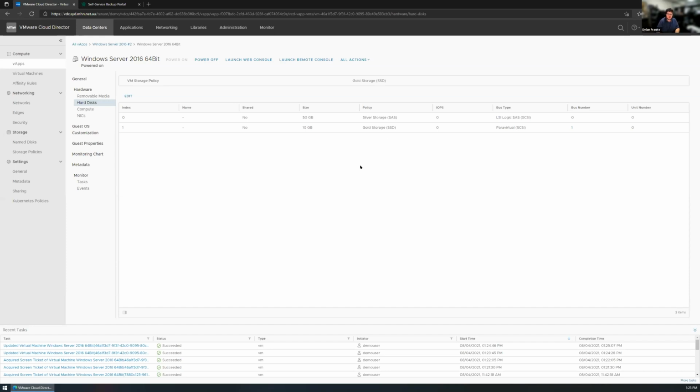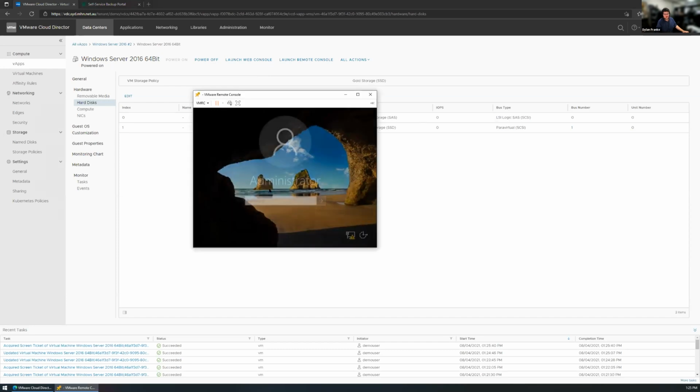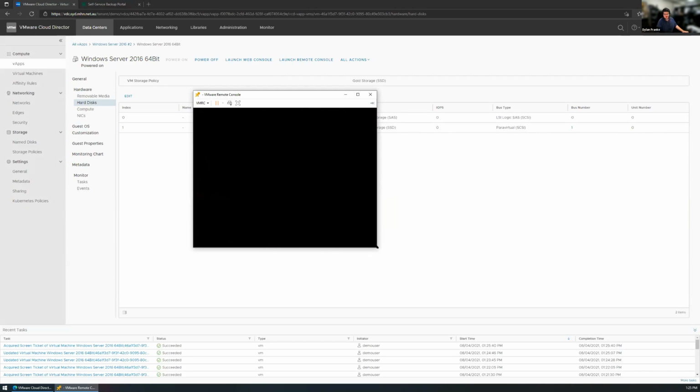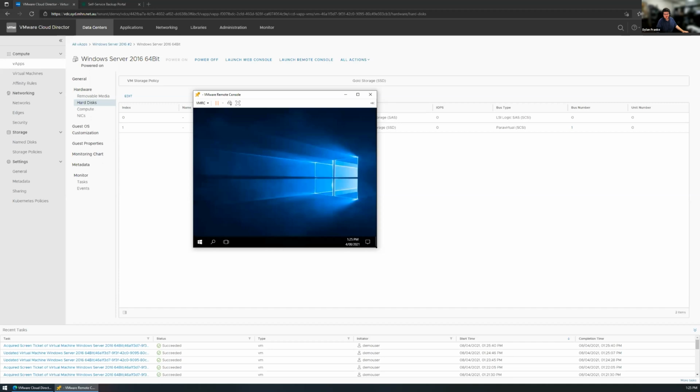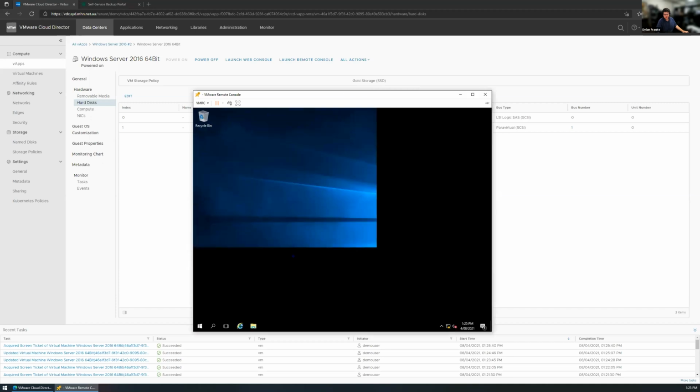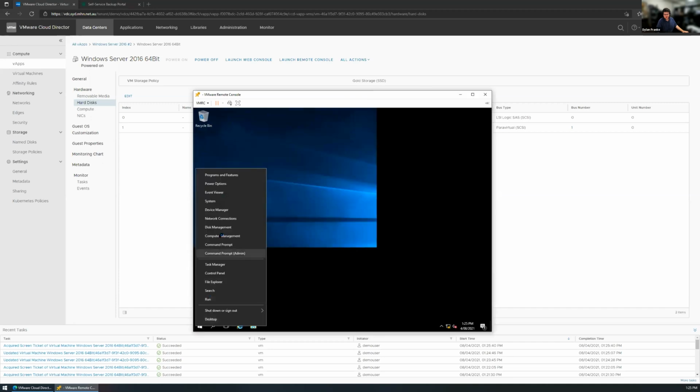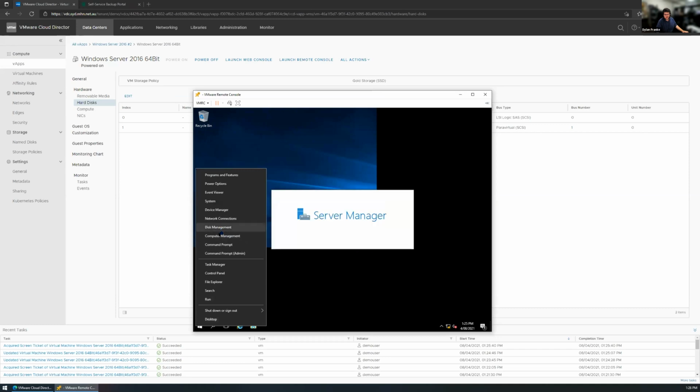Yep. As you can see, I've just added another disk on gold storage, and all you would need to do now is log into Windows. So if I launch a remote console, and I'll just quickly show you. Of course, it opens on the other screen. Just make that a little bigger. Background's wigging out for some reason, but if I go to computer management,